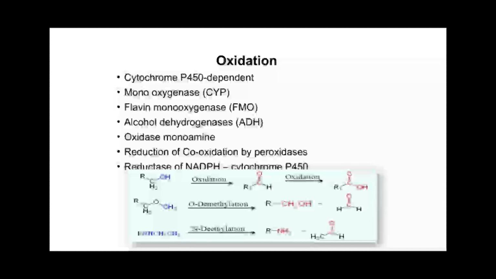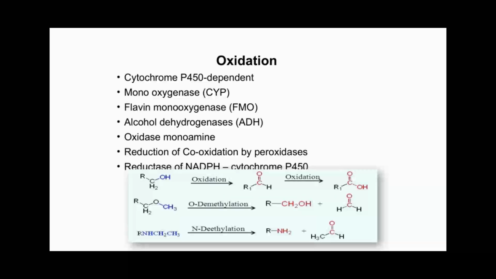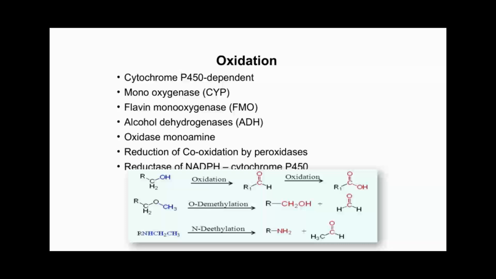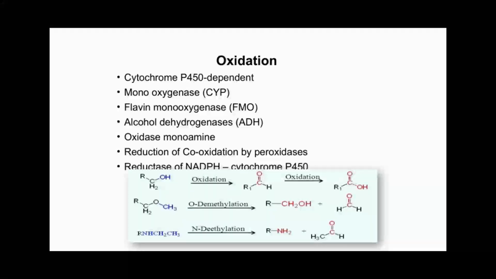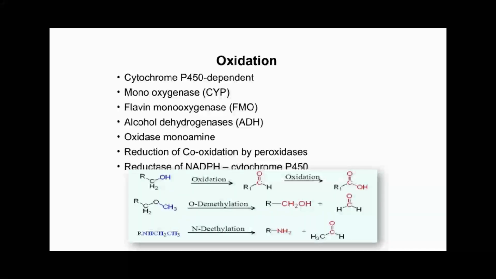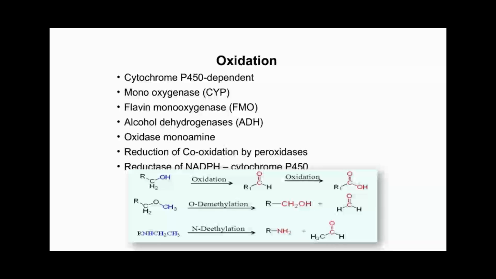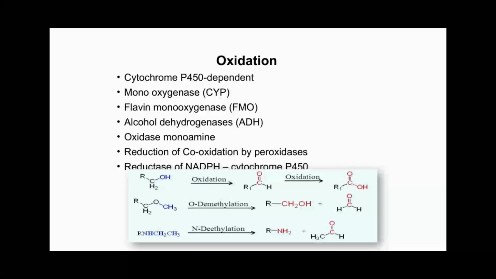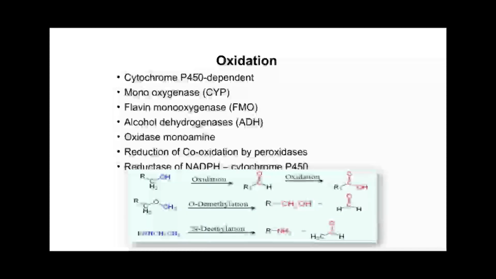Finally, the NADPH reductase in the cytochrome P450 system plays a pivotal role by providing the necessary electrons for the CYP enzymes to carry out oxidation reactions. NADPH acts as an electron donor, fueling these vital metabolic processes. Overall, these enzymes work together in a complex but coordinated way to facilitate oxidation, which is fundamental for detoxification, metabolism,